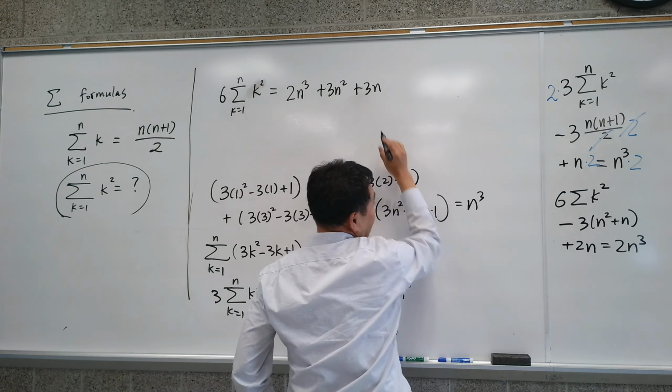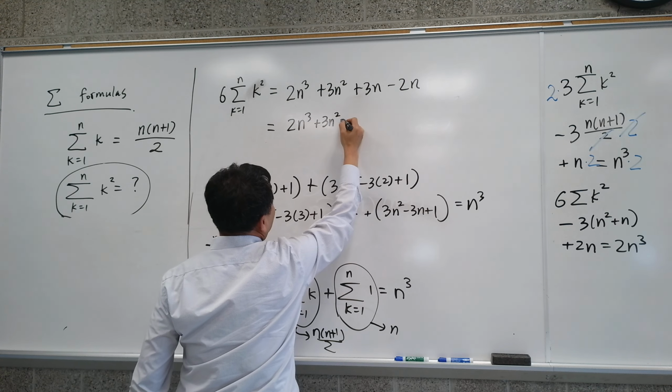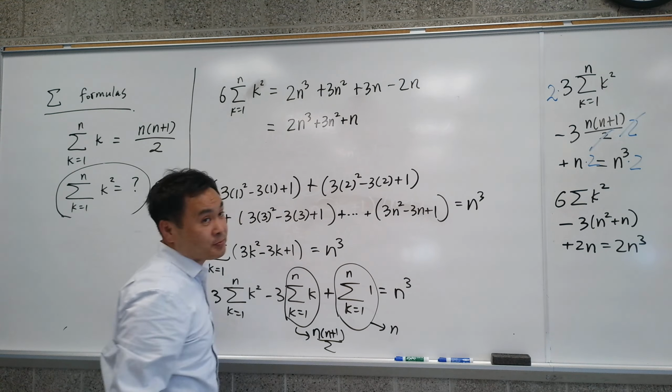And plus 2n will be minus 2n. And therefore, that's going to equal 2n cubed plus 3n squared plus n. I'm confused. If you distribute the negative 3 there, how would it not be a negative? It'll be negative, but there's an equal sign, so I moved it to the other side,